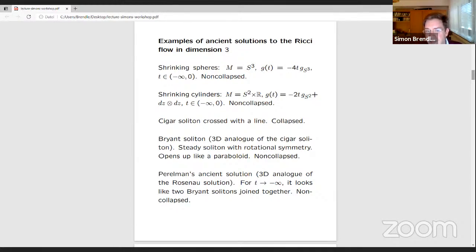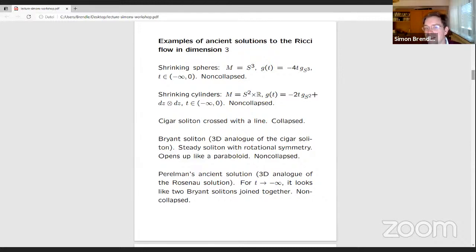And this soliton, in a way, is the analog of the cigar, but this analogy also has its limitations because while the cigar opens up like a cylinder, so the radius of the cross-sectional circles on the cigar has a finite limit,